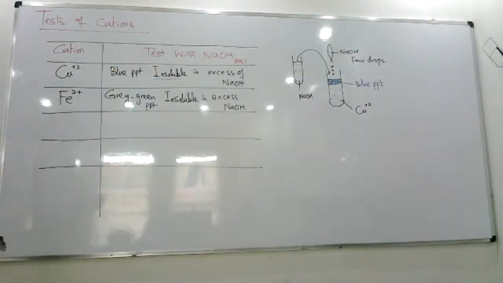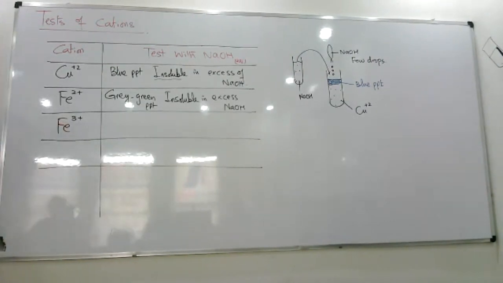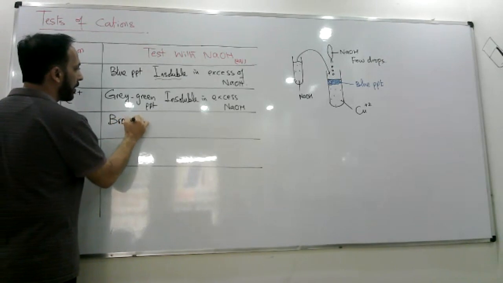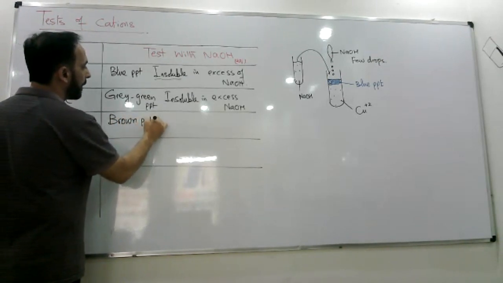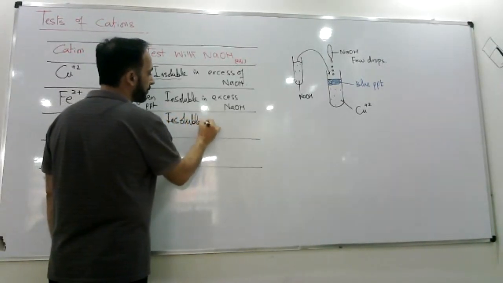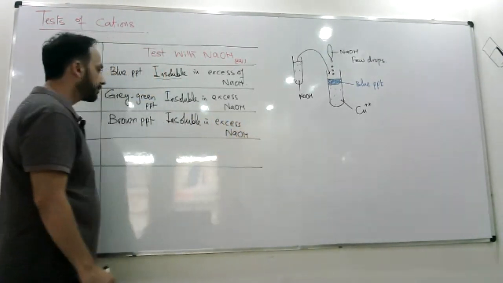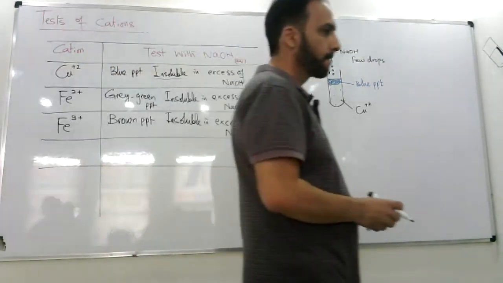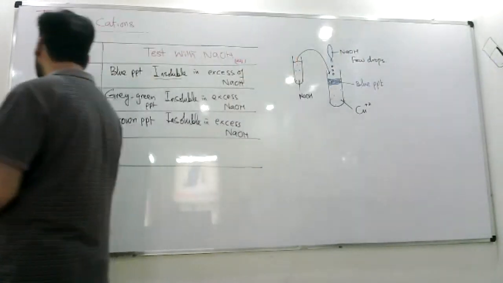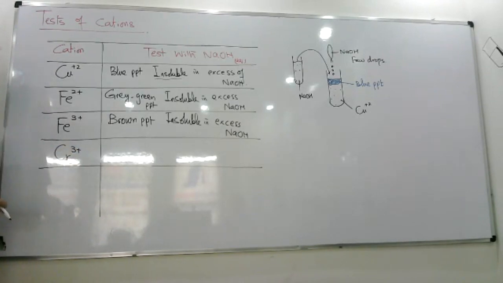Okay, so the other ion of iron is iron 3 positive. Iron 3 positive forms brown, red brown, we लिखते हैं brown precipitates. And these are also insoluble in excess of NaOH. Then we have chromium 3 plus,